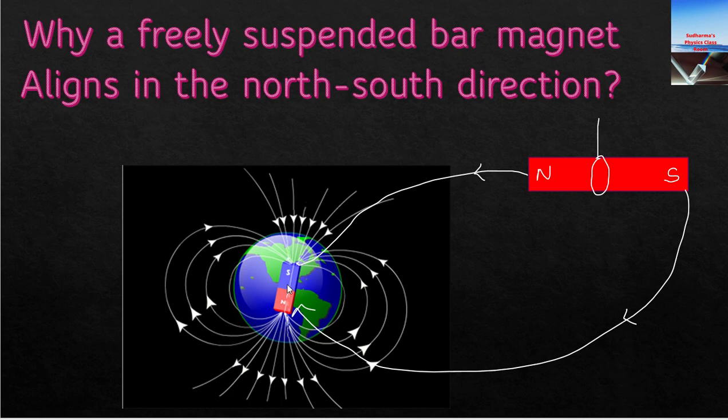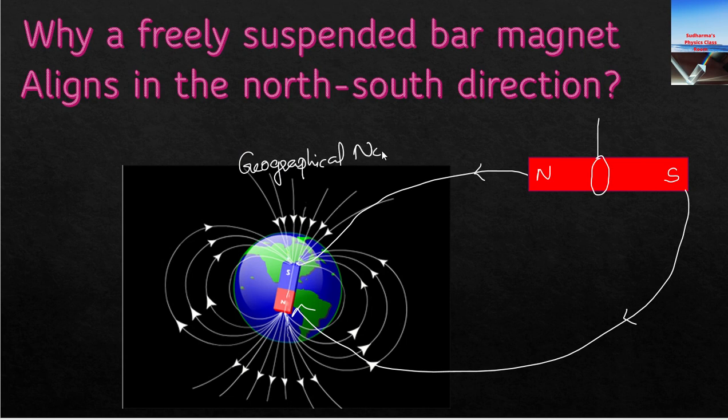So we can understand here the south pole, and we say that this north, the direction in which it is pointing, is the north direction in our place, right? But here the magnetic pole is shown as south. So the Earth's imaginary magnet south pole is at the geographical north. Okay,